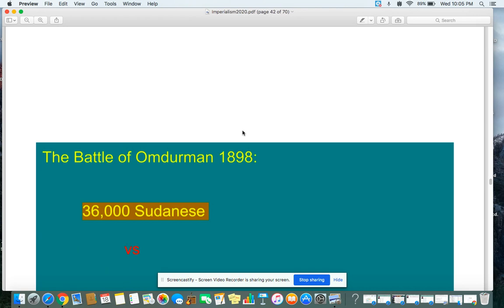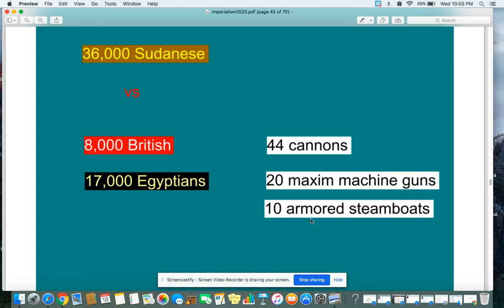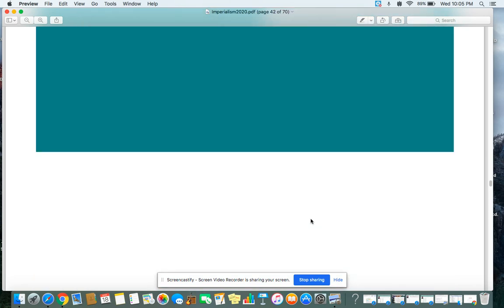So it was 36,000 Sudanese versus 8,000 British, but then the British had some other African allies, and they would use their other African allies to fight other African nations, and that also helped the Europeans. But they had 44 cannons, but they had 20 Maxim machine guns and 10 armored steamboats. And an eyewitness that saw the battle unfold said it wasn't so much a battle as a massacre,